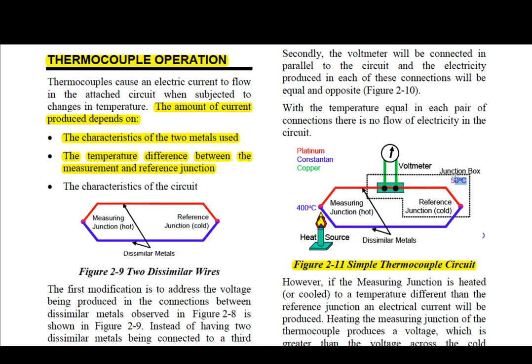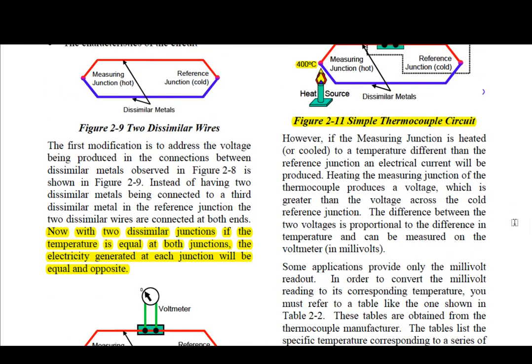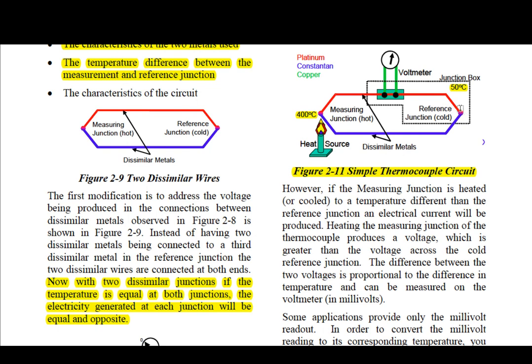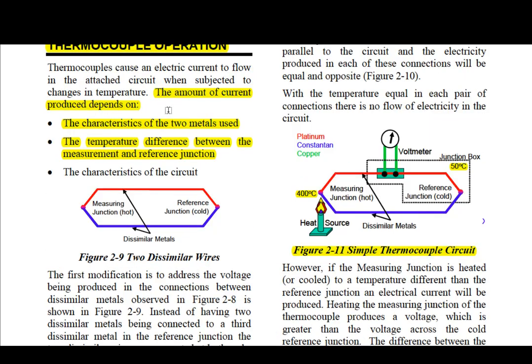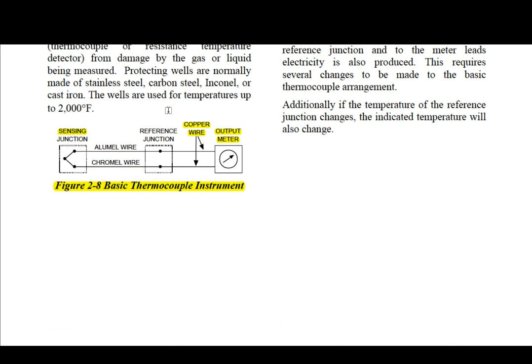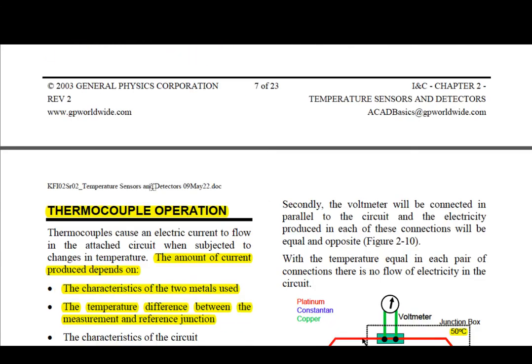They show it as 50 degrees Celsius, which is great, a large difference from 400 degrees Celsius. If you're able to maintain this junction temperature at a constant temperature, then you can measure just the difference in temperature of these two metal devices and therefore get a correct reading on your voltmeter. So there you go. The standard connection of a thermocouple is this diagram here, figure 2-8. Then moving back down,